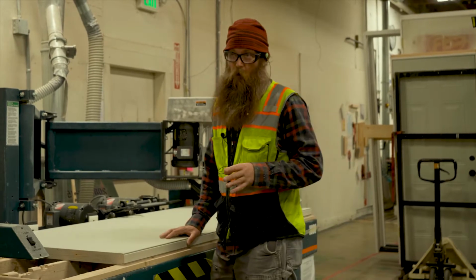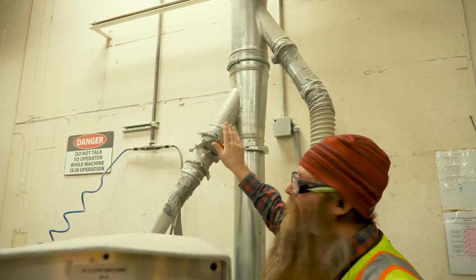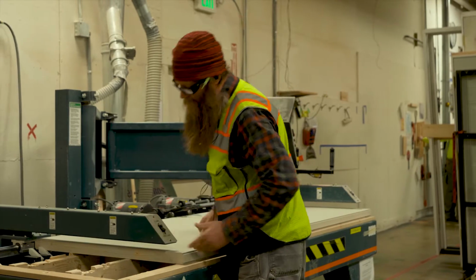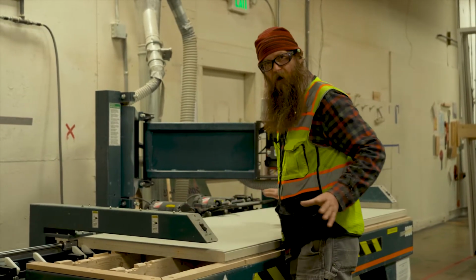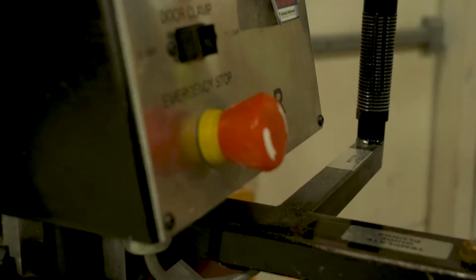First thing, most important safety-wise in boring a metal door, is making sure that the suction is cut off, because we don't want hot metal getting up into that with all that sawdust. And then the other thing, you put the door on here and you clamp it, and this is a pinch point, so you need to make sure that your hands are clear. So you push that to clamp it, then you turn it on,